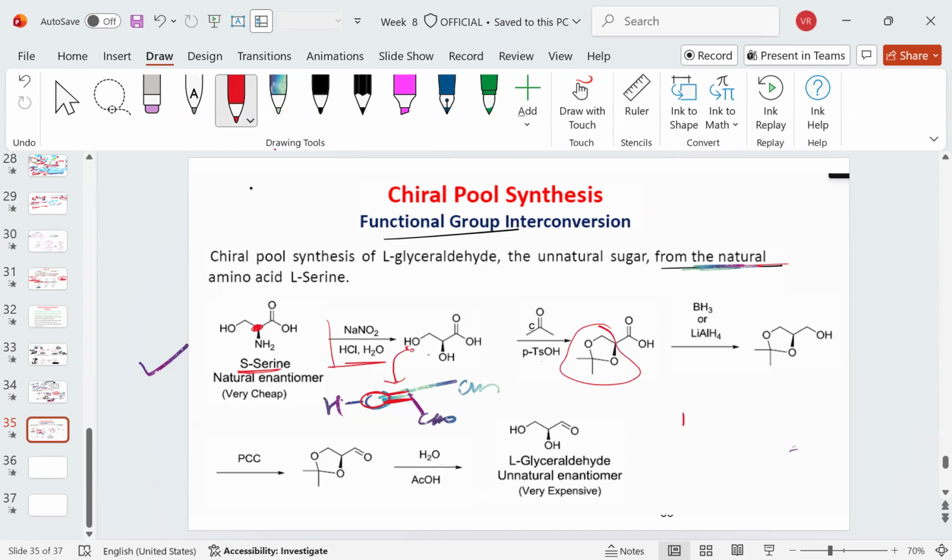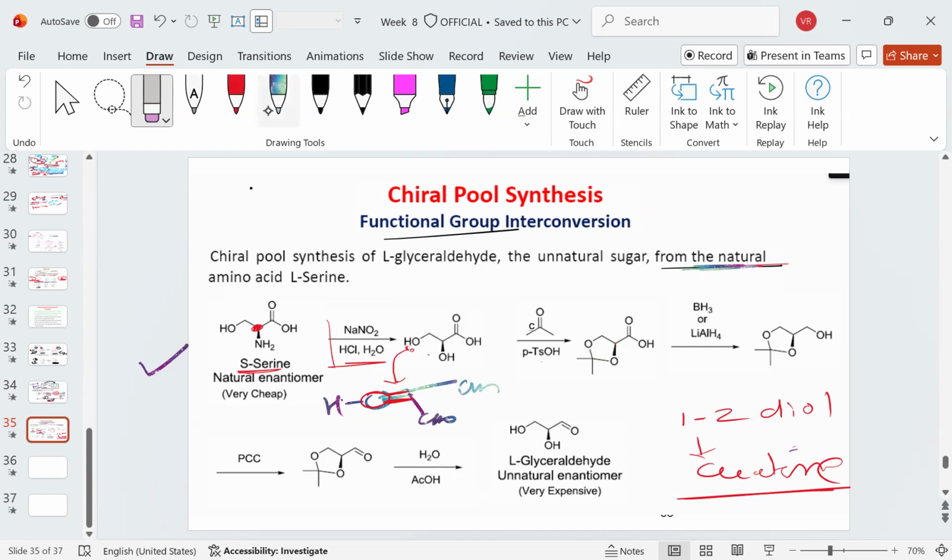So if you want to protect 1,2 diol, use the acetone, right? If you want to protect 1,3 diol, that's the question for you guys. If you want to protect 1,3 diol, then what type of reagent can we use? But right now we want to protect 1,2 diol. So for protection of 1,2 diol, acetone is the best protecting reagent. Acetone plus PTSA, paratoluene sulfonic acid. This is basically a less strong, weak acid. Okay, so we have done the protection, and now what we did,